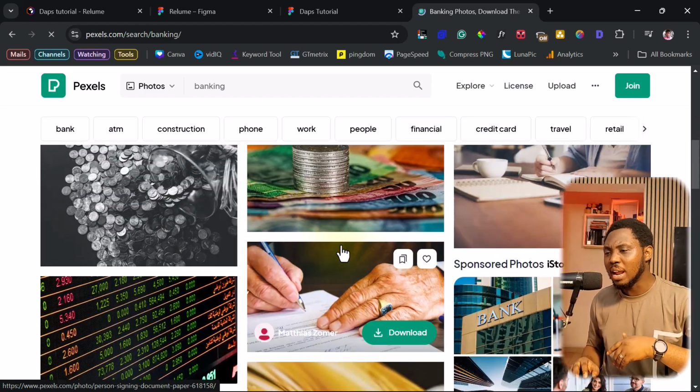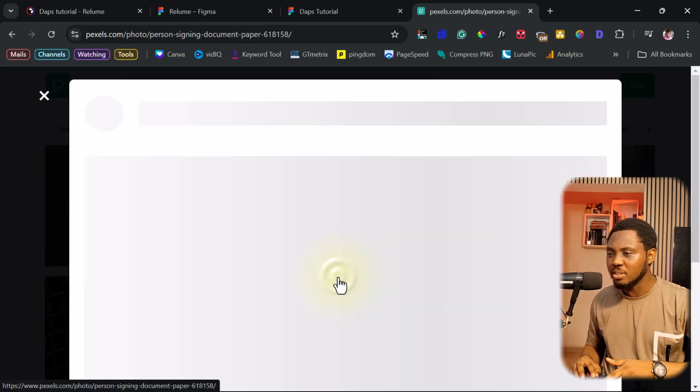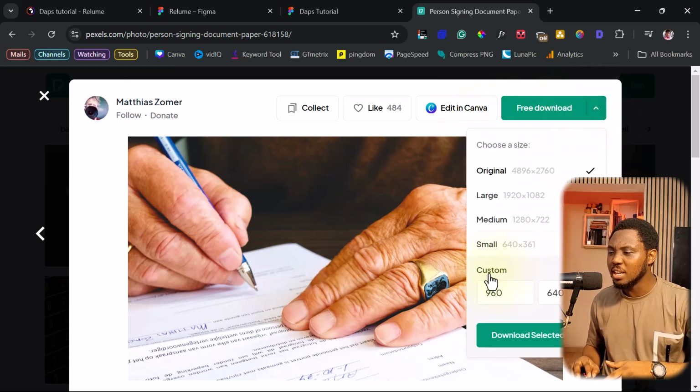One of the reasons why I like Pexels above others like Unsplash or Pixabay is that it gives you customization. You don't even need to create an account here. If you come to an image and click on this button here, you can see that you can play with custom sizes that you want. This feature will save you a lot of time because you don't need to download the image in the